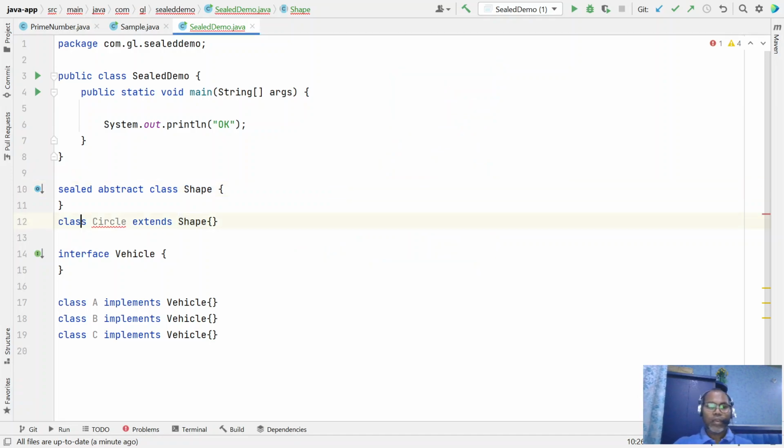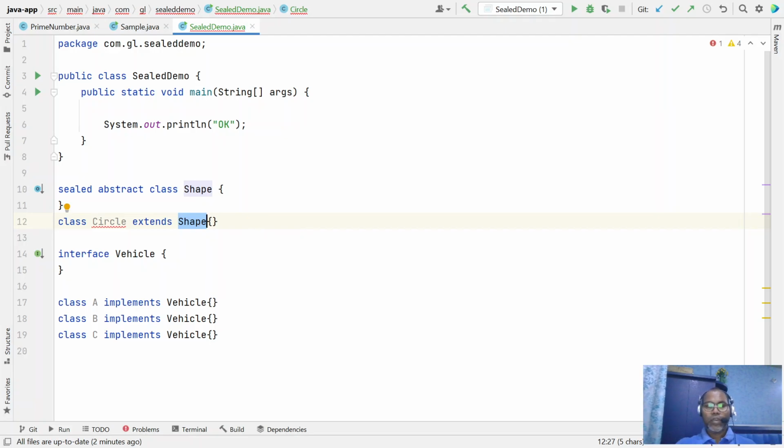So for this, let's keep first things: any class or any interface you are declaring as sealed must have some subclass or implementation class. So in the case of sealed, I have to write one subclass, Circle, that extends Shape.